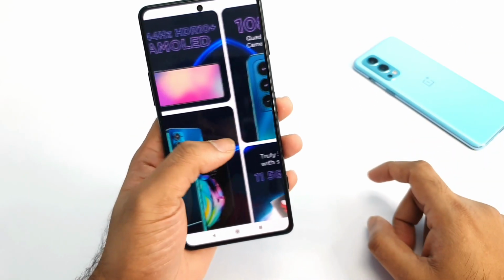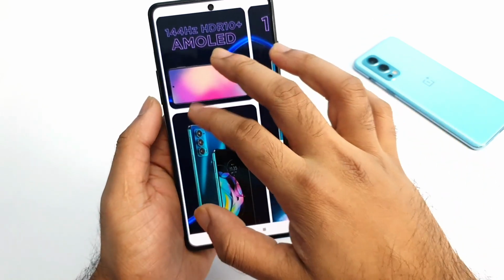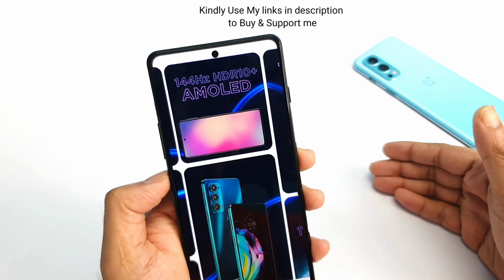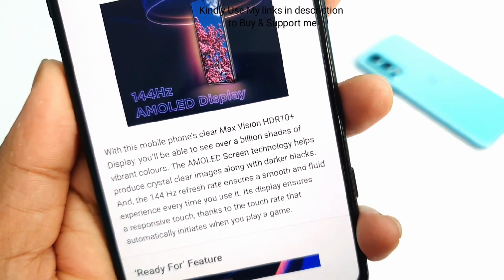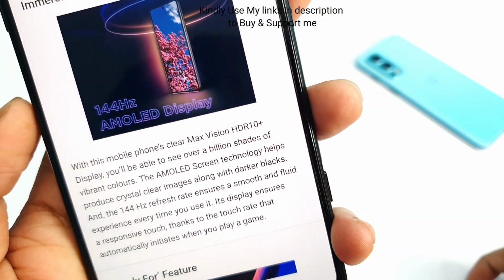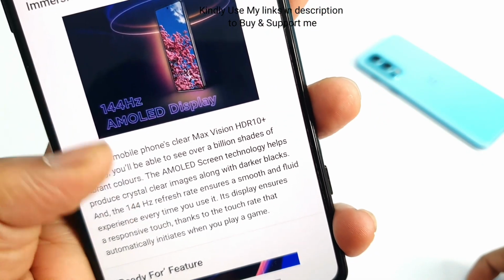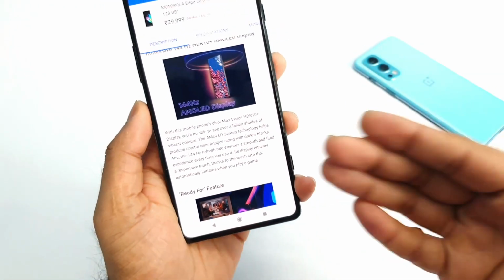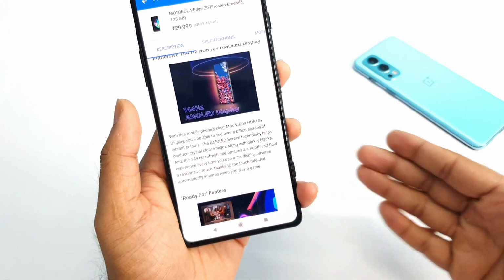But next, let's move to the display. In terms of the display, the phone comes with an HDR10 Plus AMOLED panel and a 144Hz display, which also comes with Max Vision HDR10 Plus. As you can see, you will be able to see billions of shades on the AMOLED panel at 144Hz. For this kind of price range, we are seeing a really good 144Hz refresh rate, and the touch sampling rate is also very high,